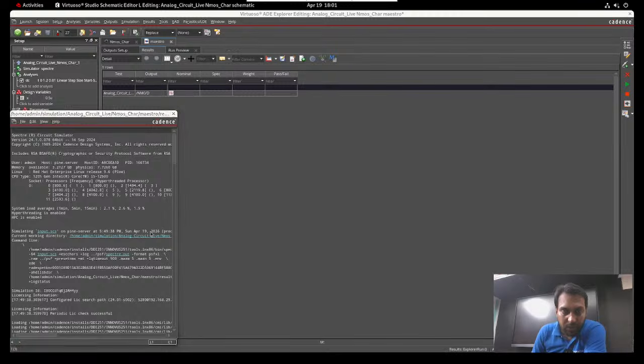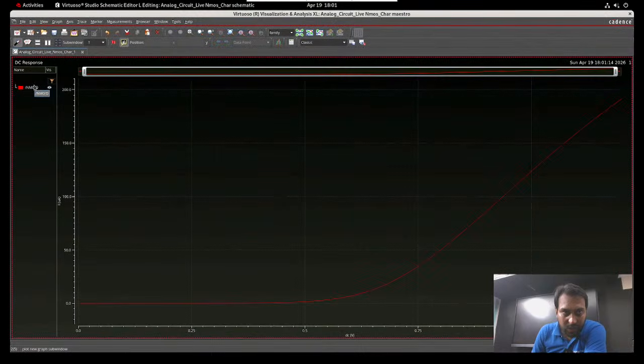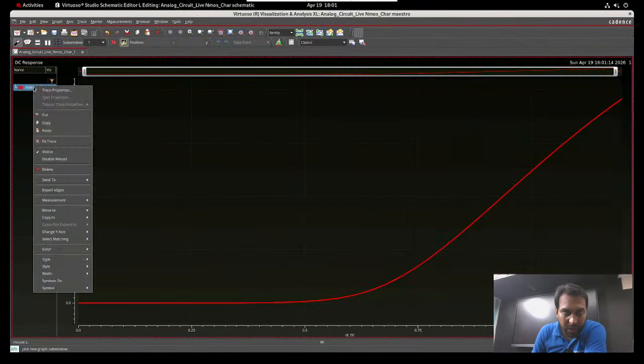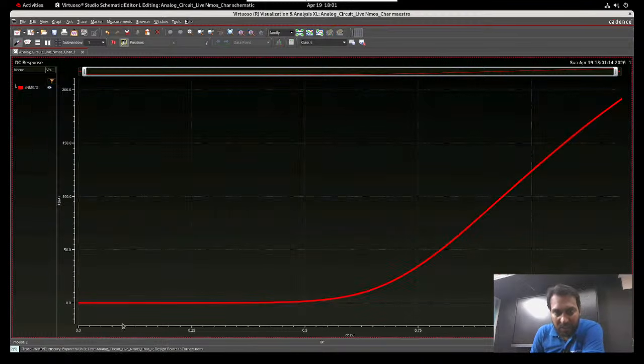Okay, so it is running. The plot is like this. This is NMOS drain current with respect to VGS. You can change the width also. The DC voltage is sweeping on the x-axis, that is VGS, and this is your drain current,